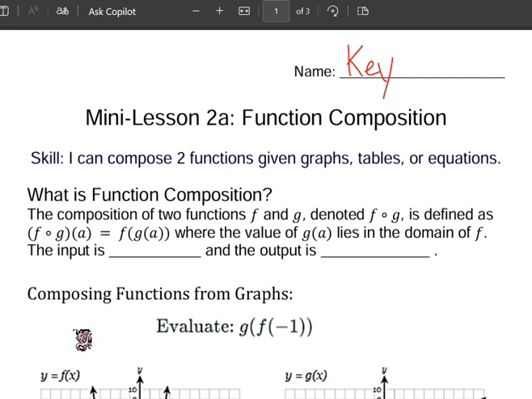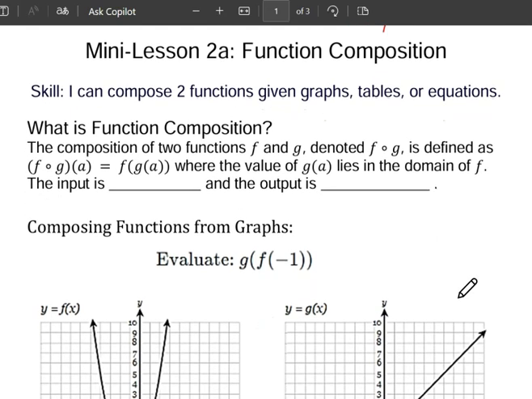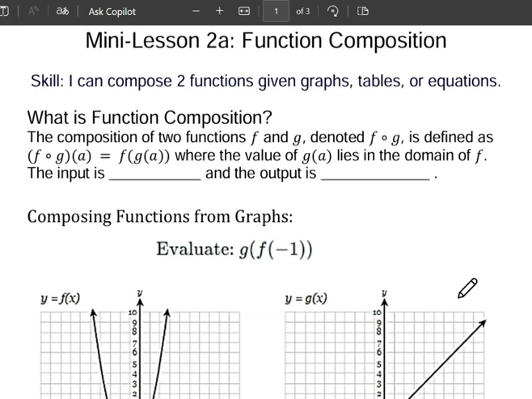Mini Lesson 2A, Function Composition. Skill: I can compose two functions given graphs, tables, or equations. What is function composition? The composition of two functions, f and g, denoted as f of g, is defined as